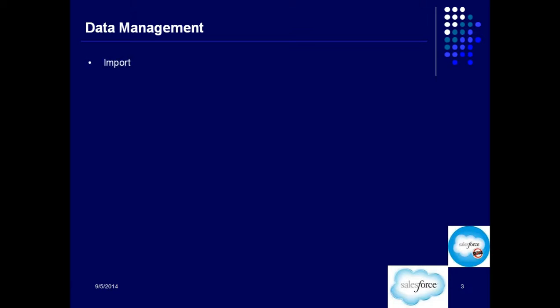We'll talk about import of data. Import of data means if the data is not in Salesforce, it's outside Salesforce, how do you import it within Salesforce? How do you export the data that you have already in Salesforce? If you want to take a backup of it, or if you just want to take a copy of it outside Salesforce, that is export. Update, if you have existing records and if you want to update multiple records in one go. Delete multiple records, right? Deleting a single record is pretty simple. You go to that record, click on the delete button at the top, the record will get deleted, right? How do we delete multiple records?